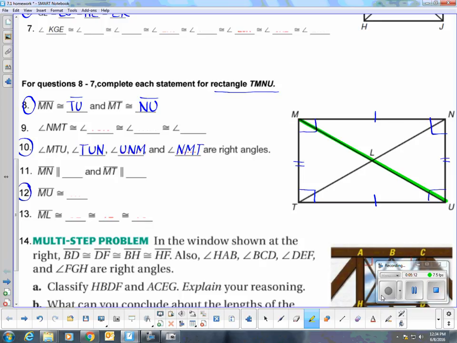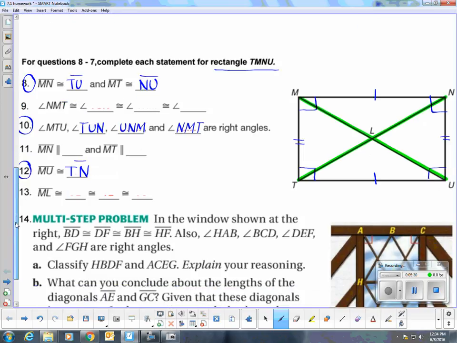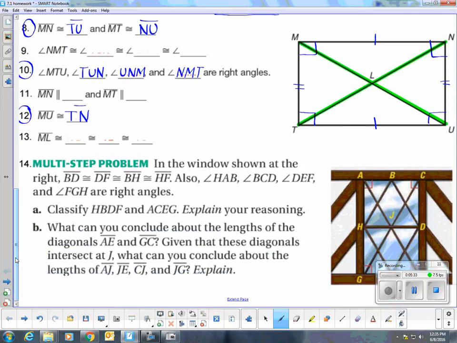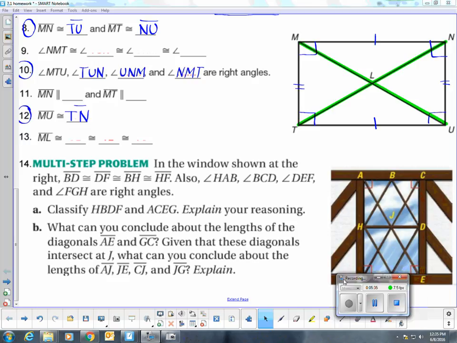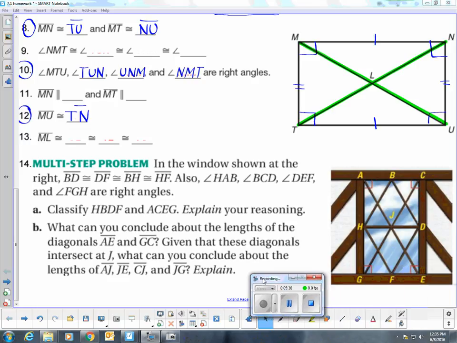Segment MU is congruent to segment TN, the second diagonal. The diagonals in a rectangle are also congruent. Right, in the diagram on the right, segment BD